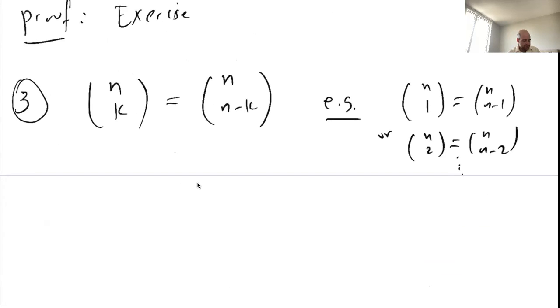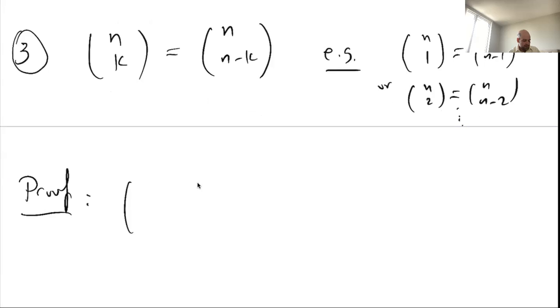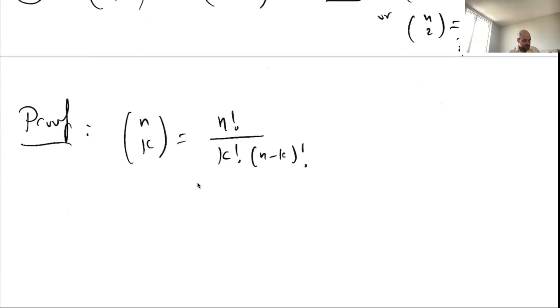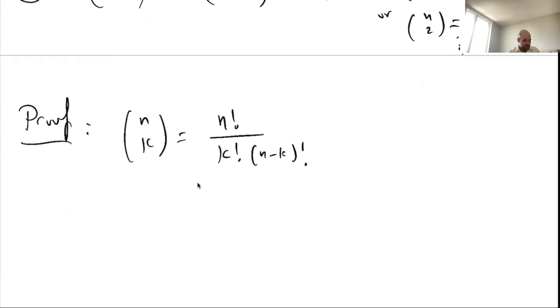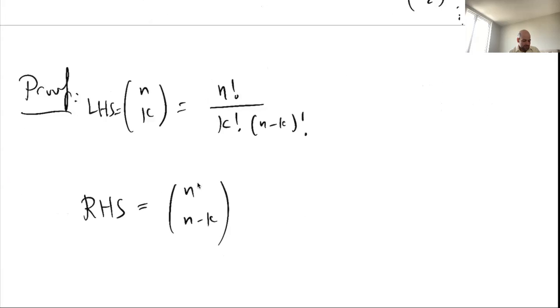Proof. N choose k is what? It is n factorial over k factorial times (n minus k) factorial. So this is my left-hand side. And what about the right-hand side? The right-hand side is n choose n minus k, which is n factorial over (n minus k) factorial times (n minus (n minus k)) factorial,